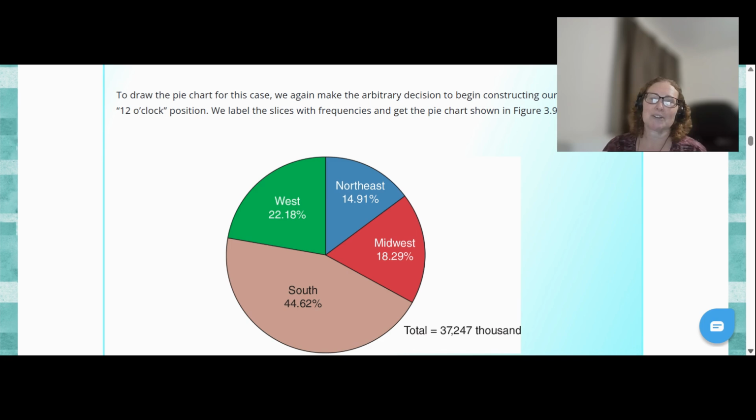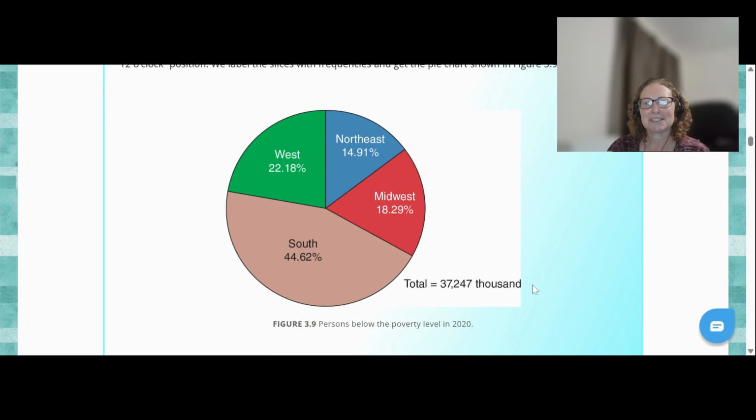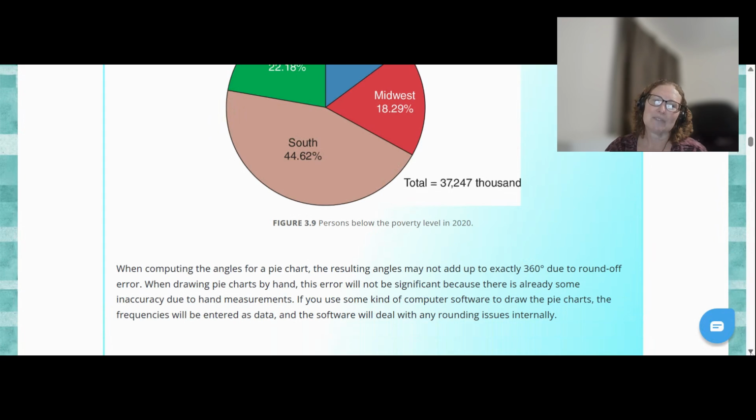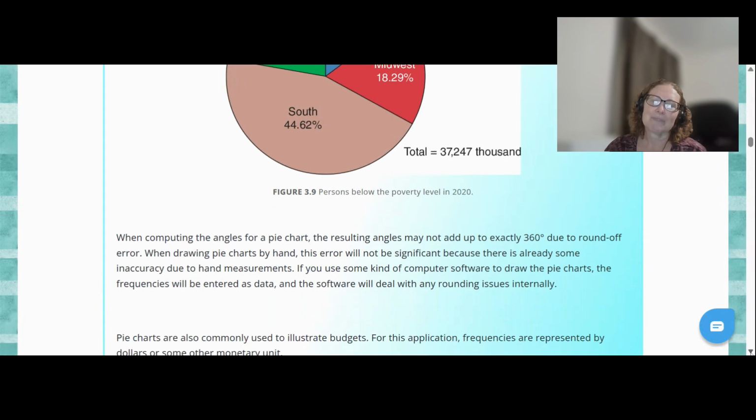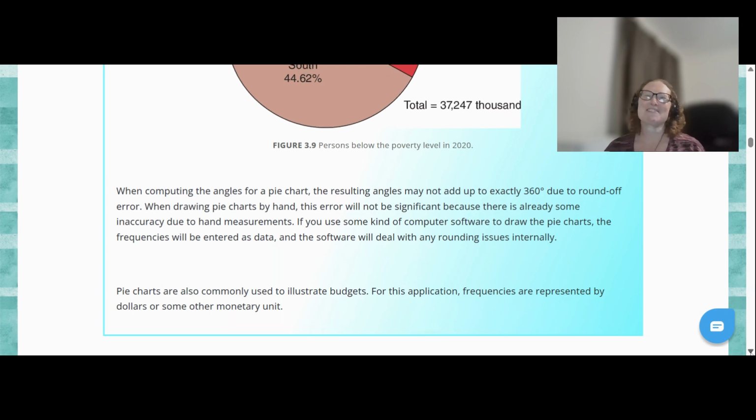So then we have our pie chart with our frequencies, and we have our total. So that makes a nice little pie chart for this one. Again, we talked about with the relative frequencies how sometimes they won't add up to one totally because of rounding. And these might not add up to exactly 360 due to rounding errors, but we want to do this the best that we can,